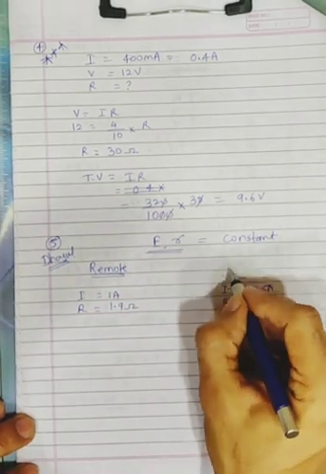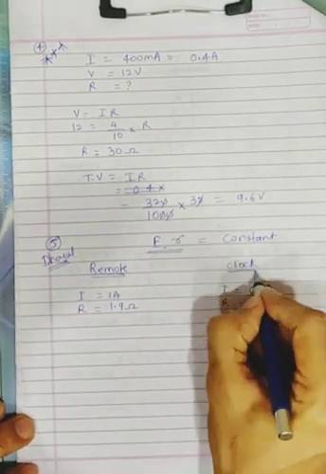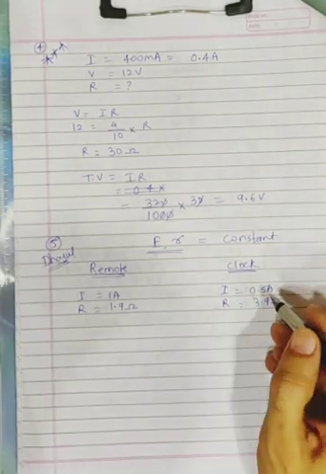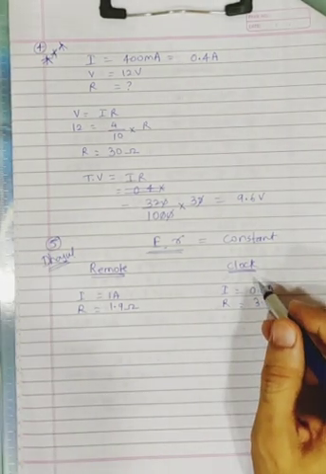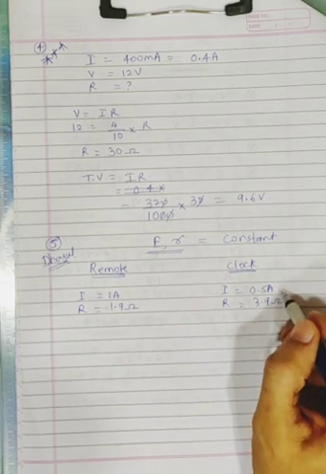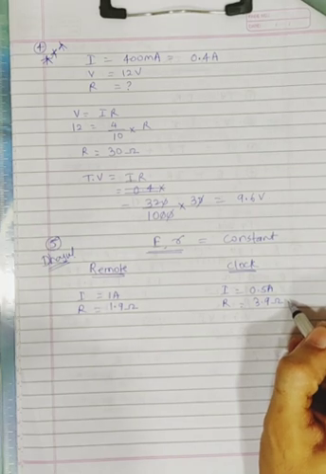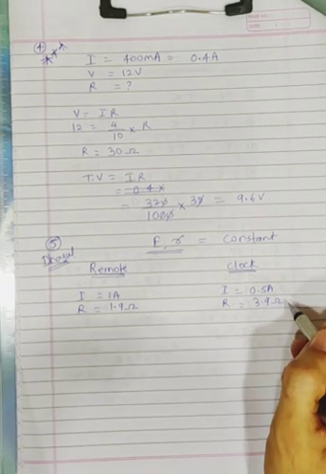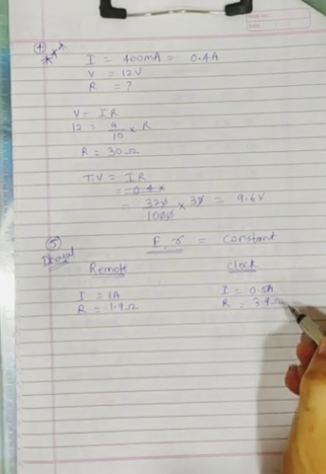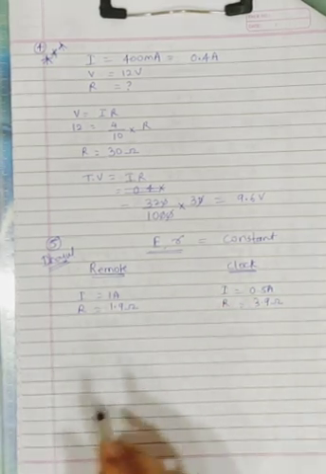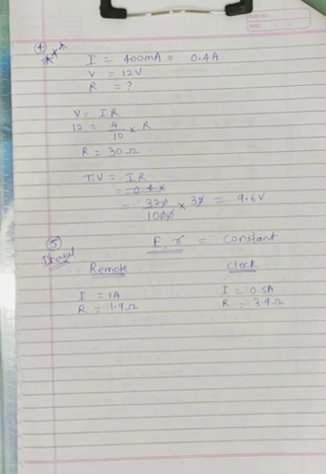Now you remove the same cell and put it into your clock. When you put it into your clock, you found that the same cell was giving out a lesser current. Why was it giving out a lesser current? Because the clock is offering more resistance, 3.9 ohm. But remember, the EMF and small r of the cell do not change, whichever appliance you put it into. So what do we have to do now?